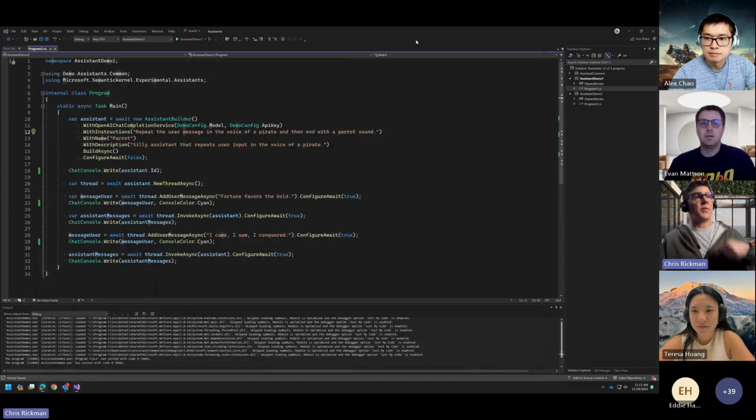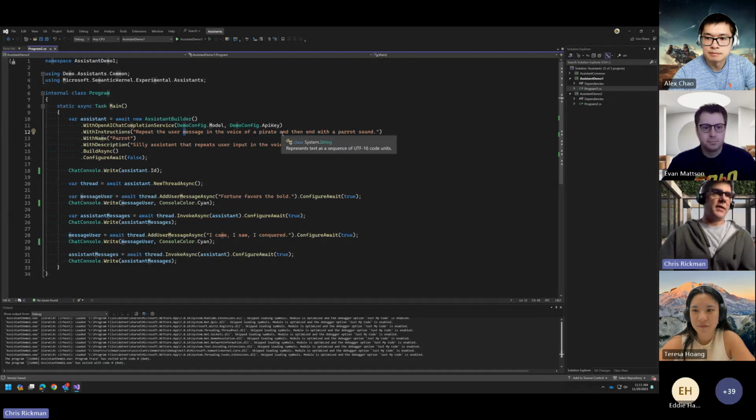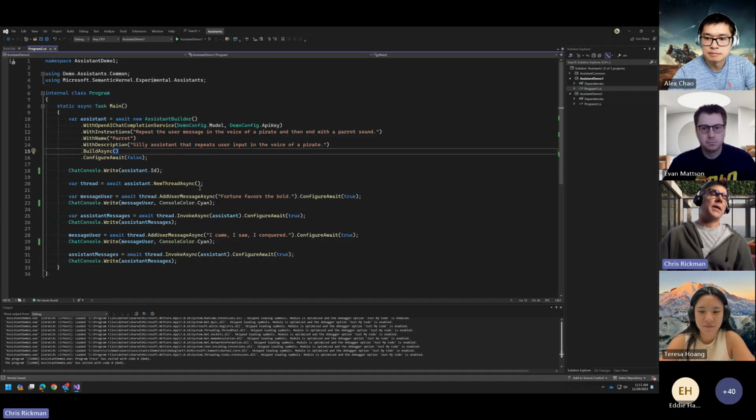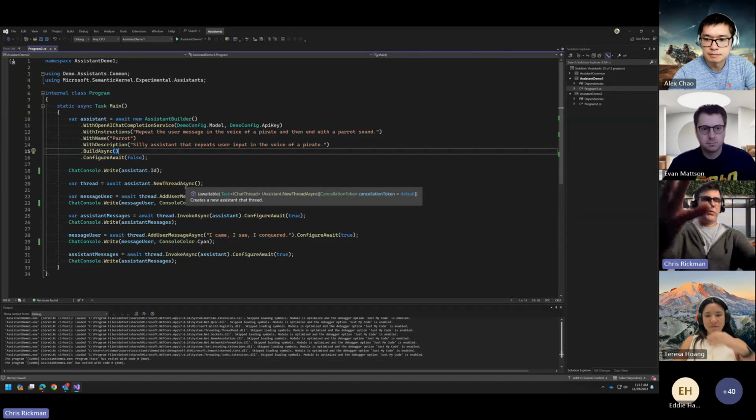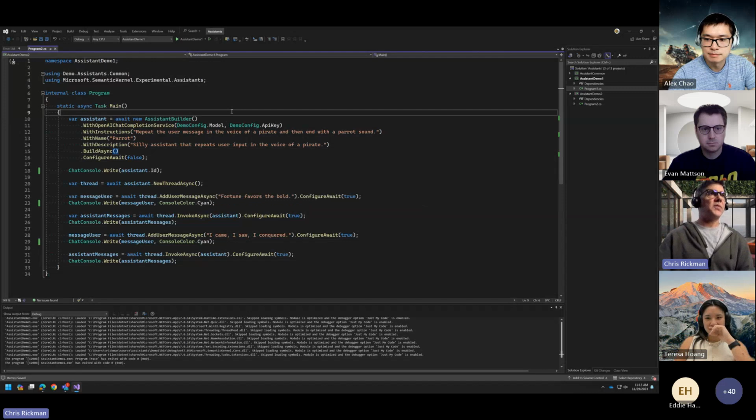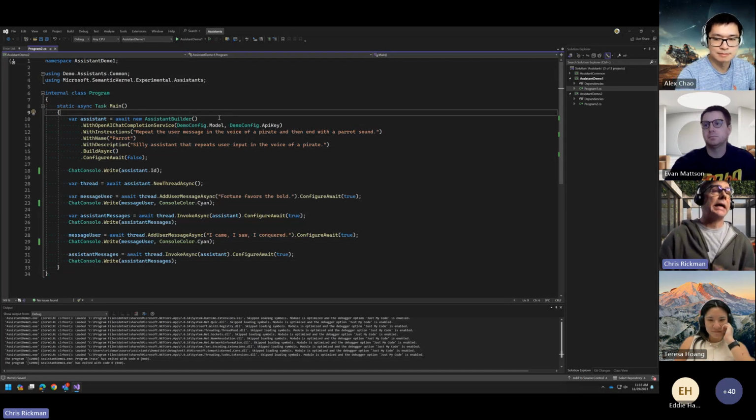We'll pivot to those examples, but I put together a very simple example just to show the basics. So there are two flavors. One, which you're seeing here, is just exposing the assistant pattern as defined by OpenAI.